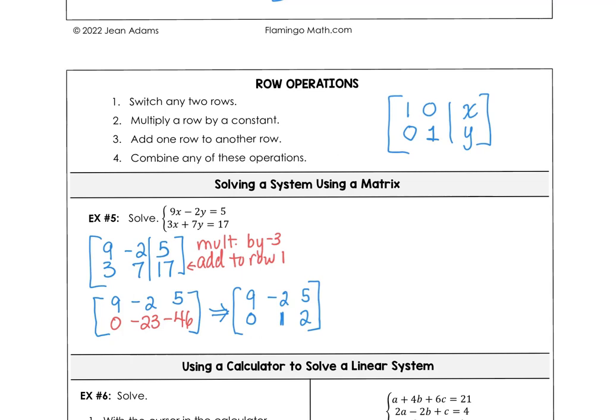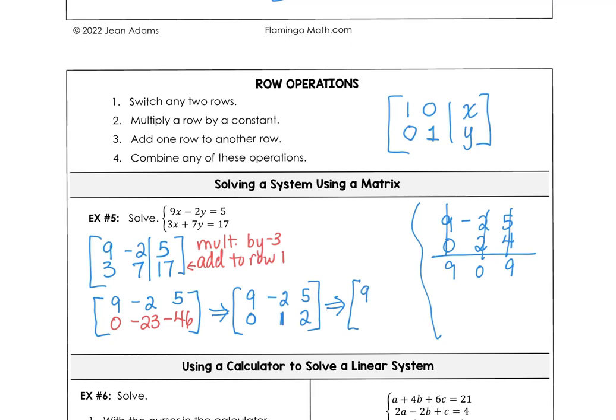So if we keep row 1 as it is, and I multiply this by 2, I get 0 times 2, 1 times 2, and 2 times 2. And when you do that, then you can see we're going to end up with 9, 0, and 9. Okay, so let me erase some of this. And that's going to give us